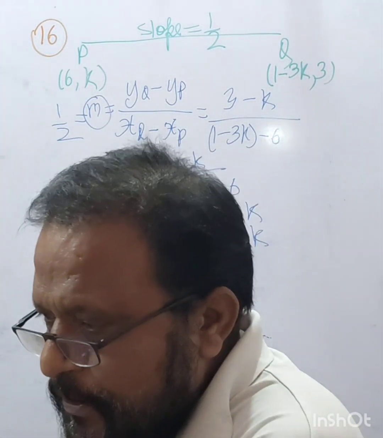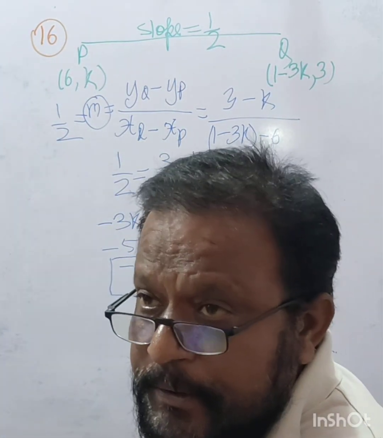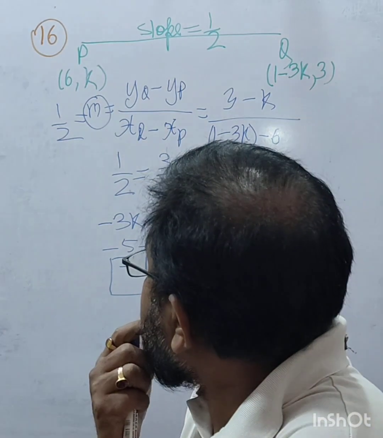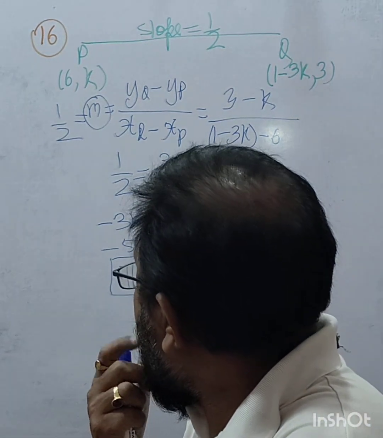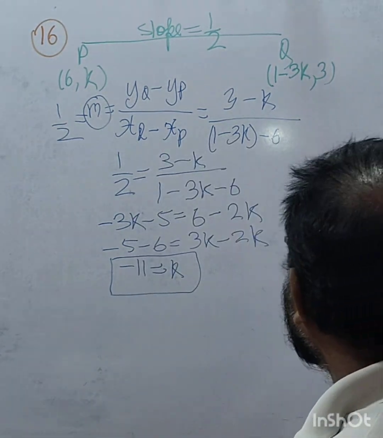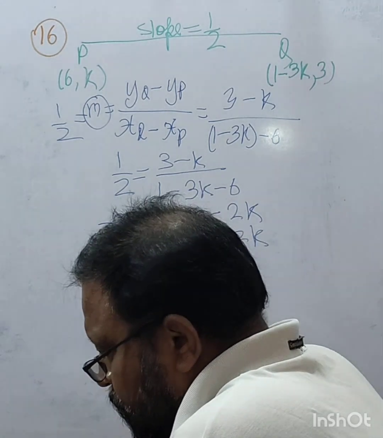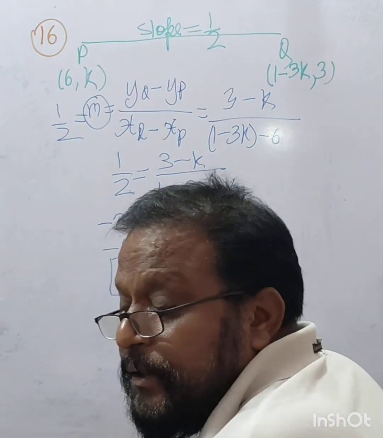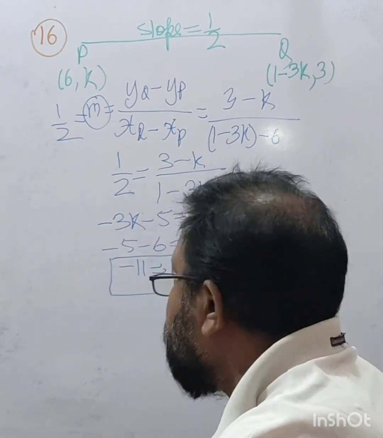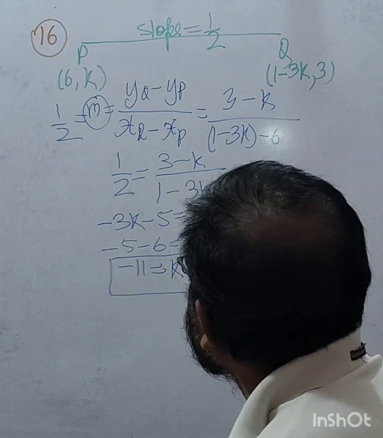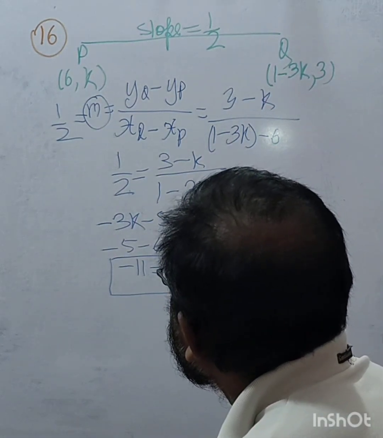And what next you have done? Find the midpoint of PQ using the value of K. Midpoint, how do you get it? How much do you get? 20, minus